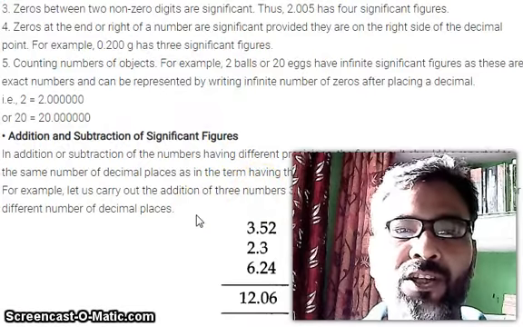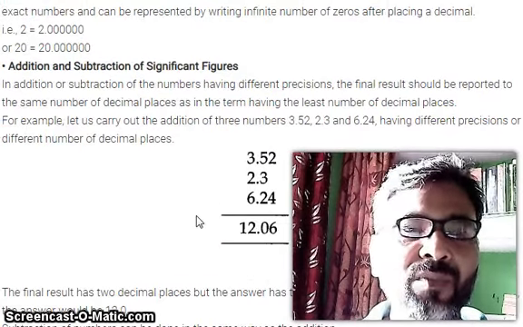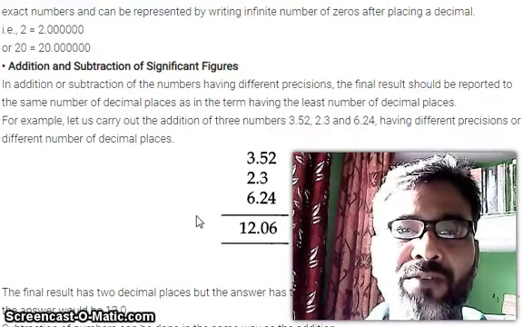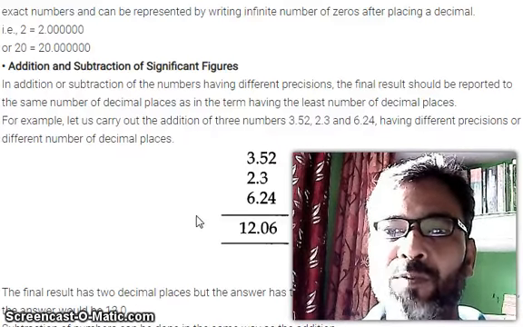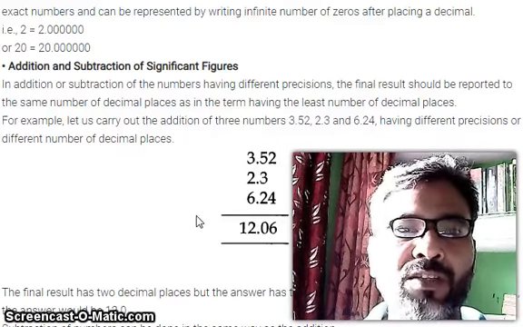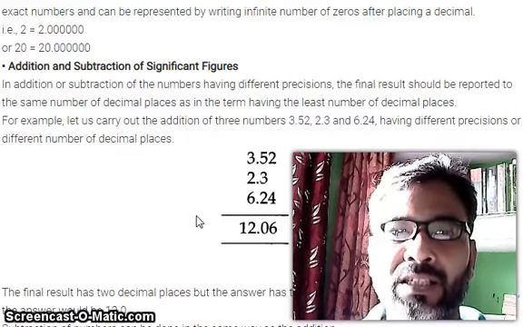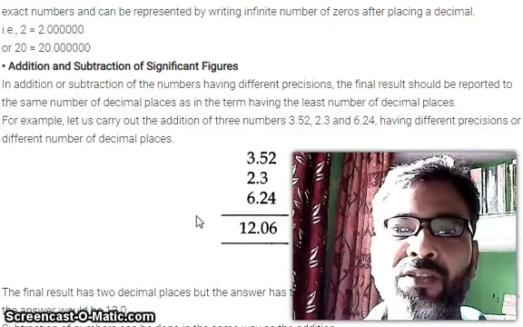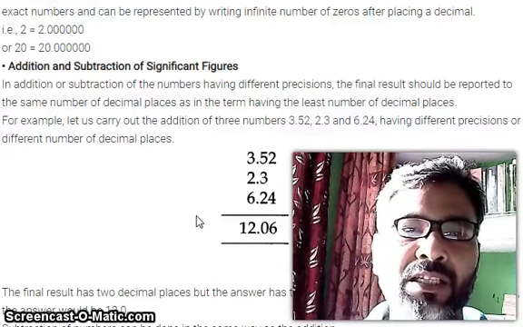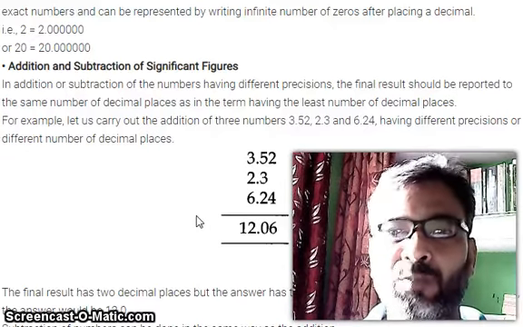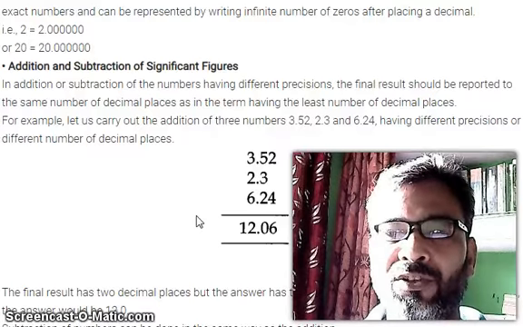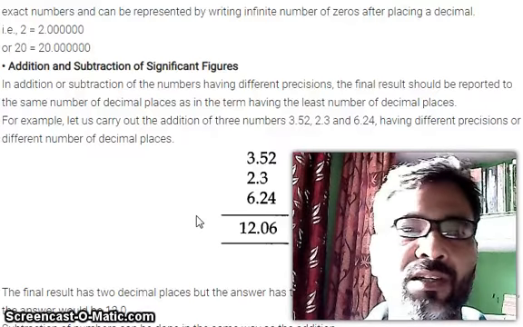Addition and subtraction of significant figures. In addition or subtraction of numbers having different precisions, the final result should be reported to the same number of decimal places as in the term having the least number of decimal places. For example, let us carry out the addition of three numbers 3.52, 2.3 and 6.24 having different precision or different